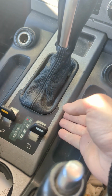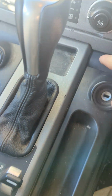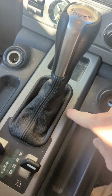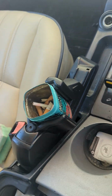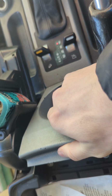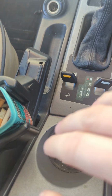and to get that off, this comes off, this will just pop out, this also, and then you've got Torx bits. You've got one there, one that side, one here, one there, and then there's another one here and here. This part, this will just lift out like that, and you've got another two under there. Once you've got those out,